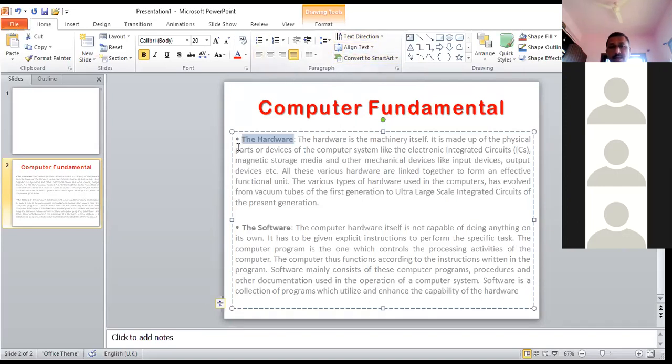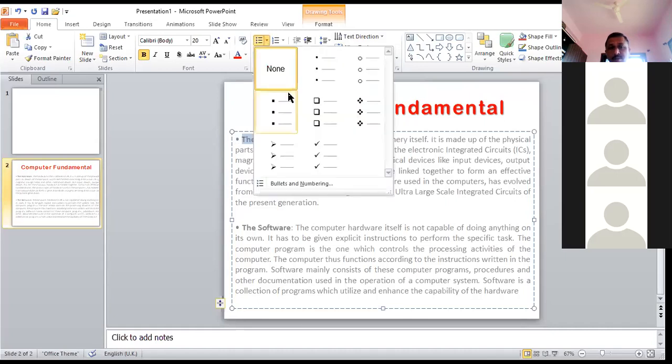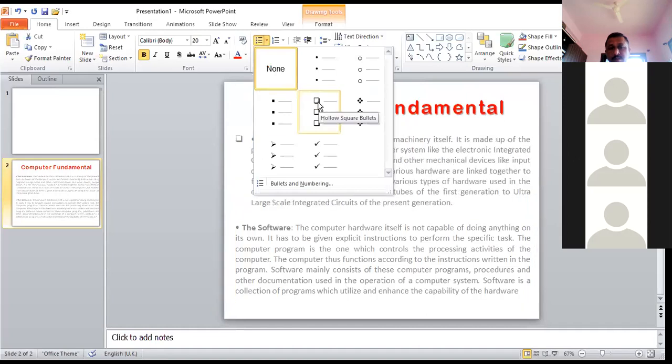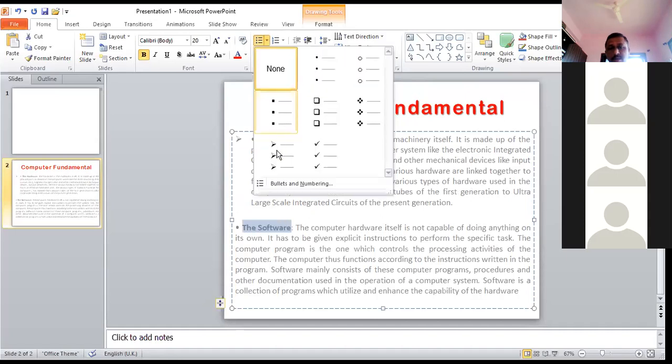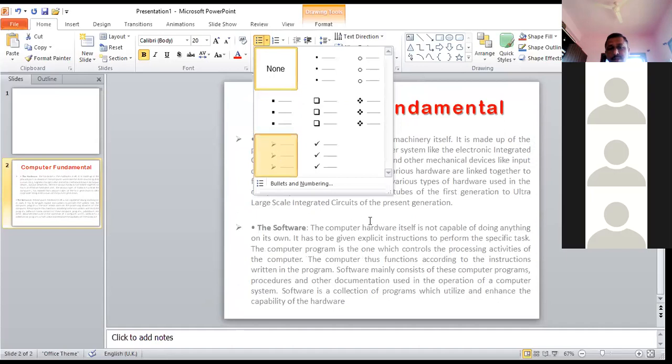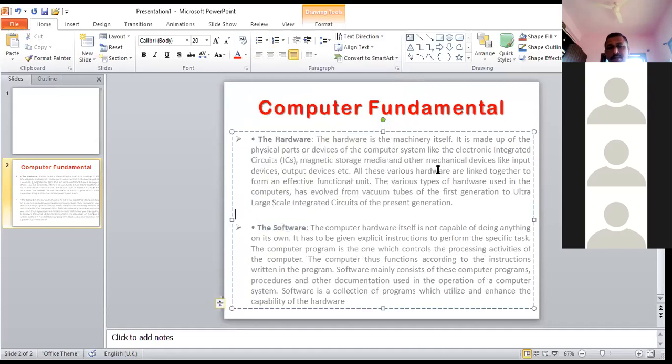The next thing here is the symbols which are applied there. I want to change the symbol of it. Then you can choose the symbols from here. Which symbol do you need? You can choose the symbols, whether it's changing behind. Okay. So here also you can change. You can select the box or the text will be there. Then you can change the symbols and the same pattern will be applied there. So this is the way we can use the paragraph options and you can make some changes there.